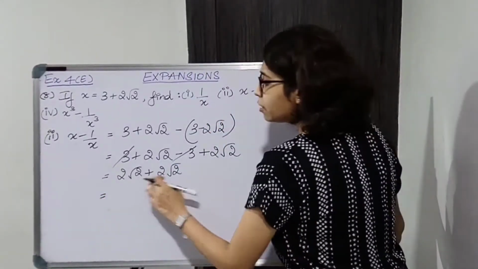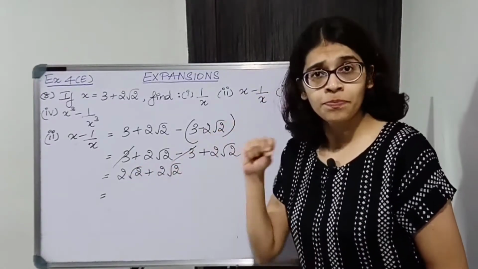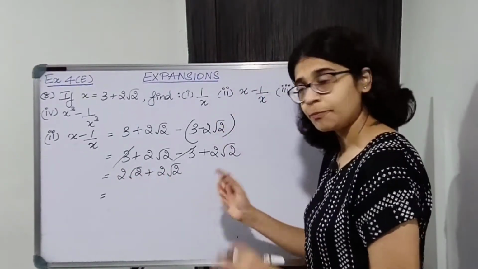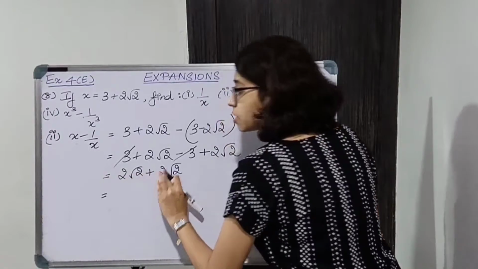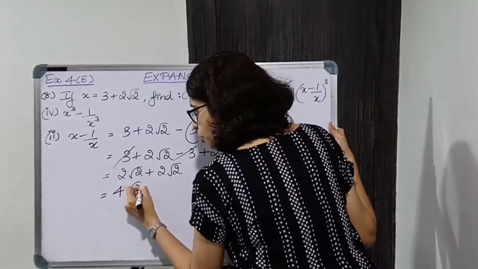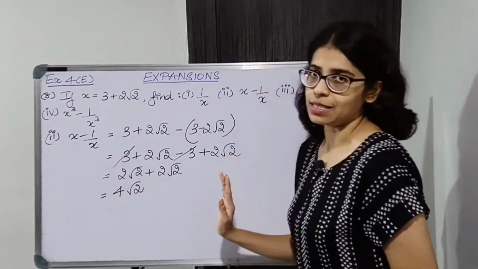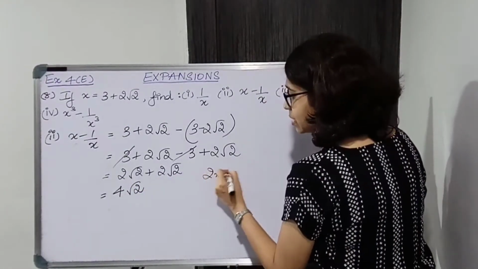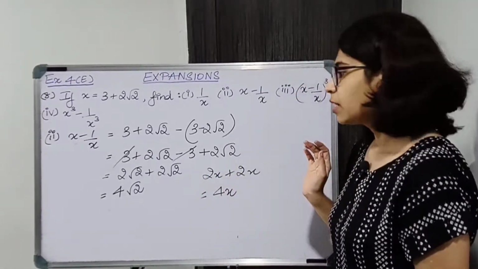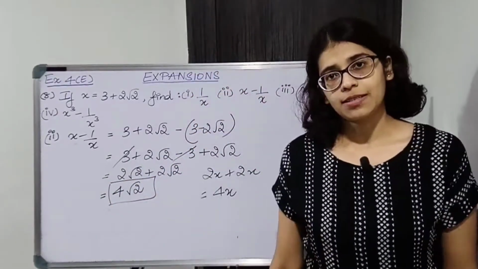Now, when the roots are the same, the numbers inside the roots are the same, the power is the same, we can add the numbers outside the roots. So square root 2 है, square root 2 है. So we can add the numbers outside the roots, not inside. So 2 plus 2 will give 4 root 2. 2 plus 2 is 4 and root 2 will remain as it is. It is like 2x plus 2x, that will give 4x. ठीक है, so same thing यहाँ पे. So we got the value of x minus 1 upon x.